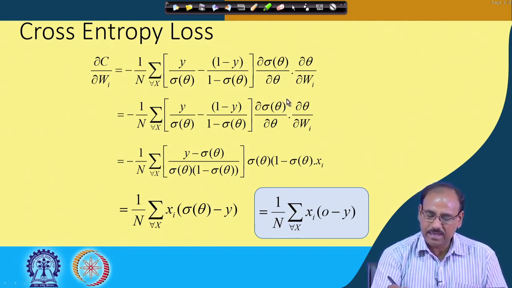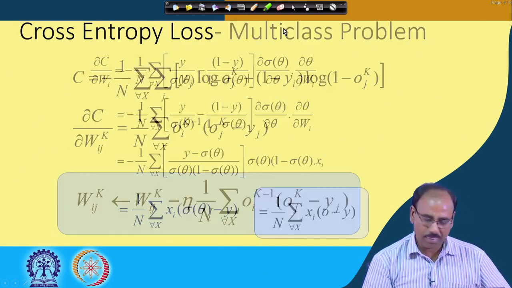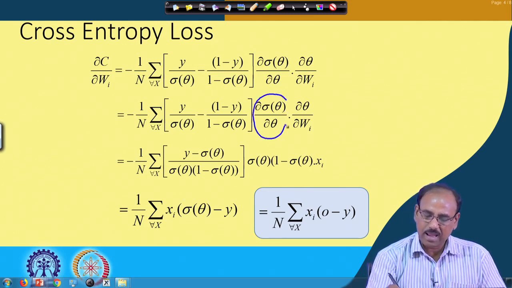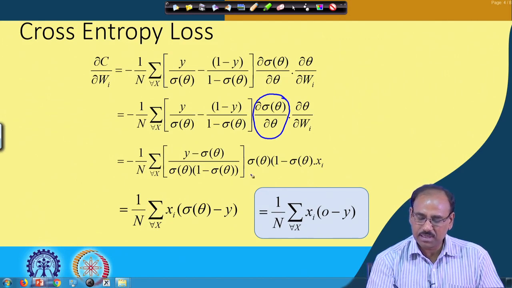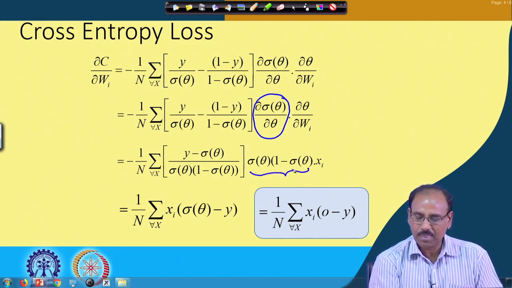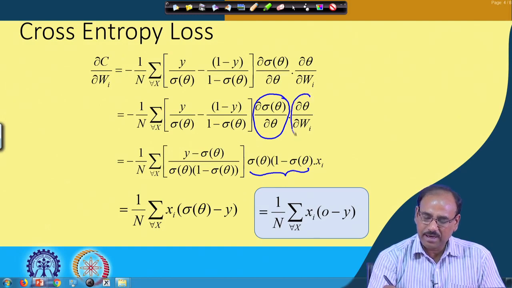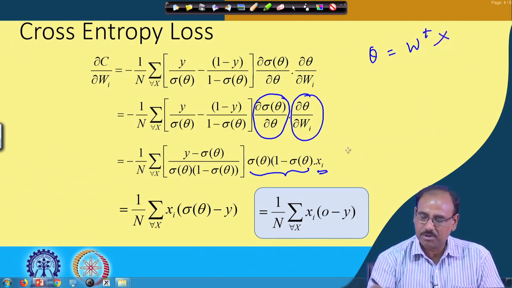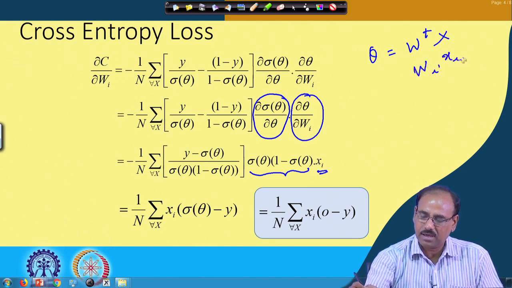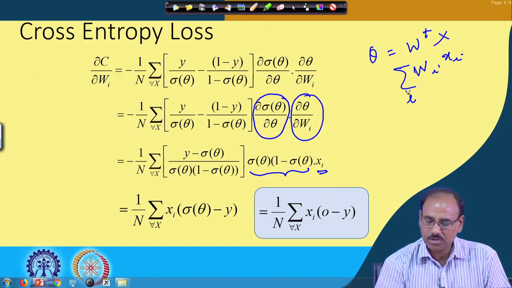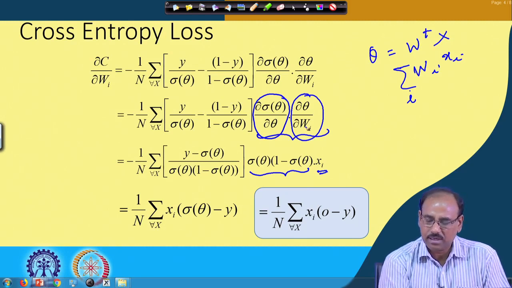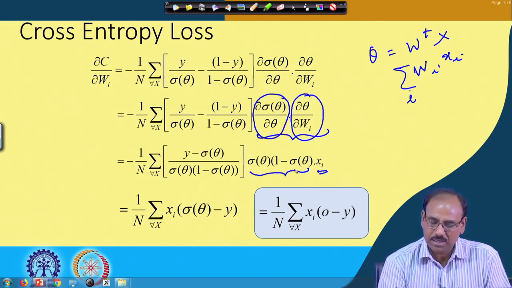So, here you find that del sigma theta del theta, as it is a sigmoidal function, is nothing but sigma theta into 1 minus sigma theta, and del theta del W I, as you remember that theta was W transpose x. So, del theta del W I simply becomes xi, because it is nothing but wi times xi, take the summation over all I. So, it simply becomes xi. So, this term del sigma theta into del theta del wi is simply sigma theta into 1 minus sigma theta